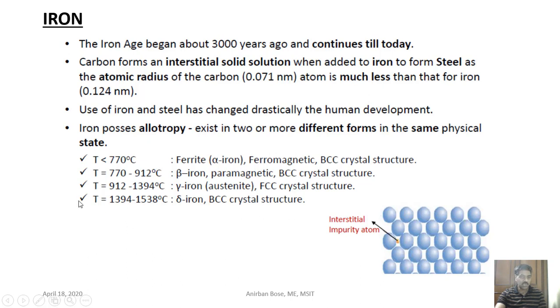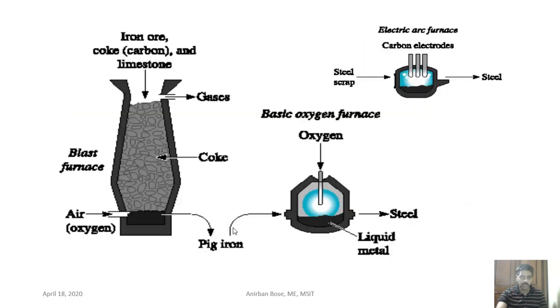We have seen almost all these structures in our normal phase diagram. These are all interstitial solid solutions of iron with carbon. Okay, now if we want to see how steel is prepared from the iron ores, here there is a